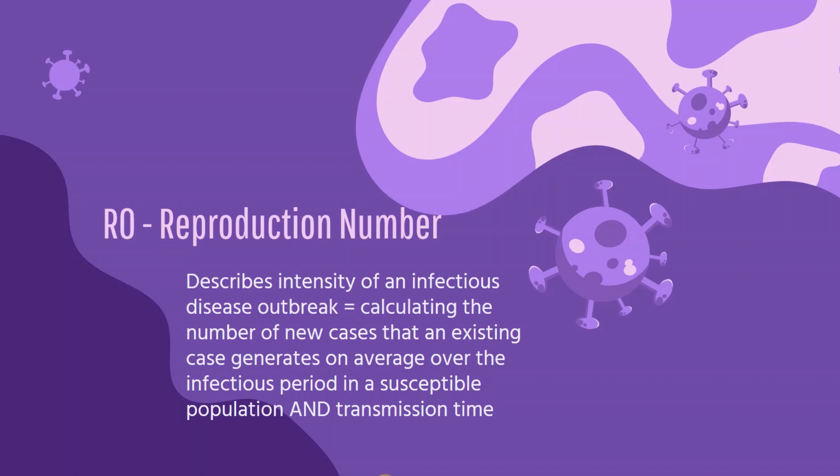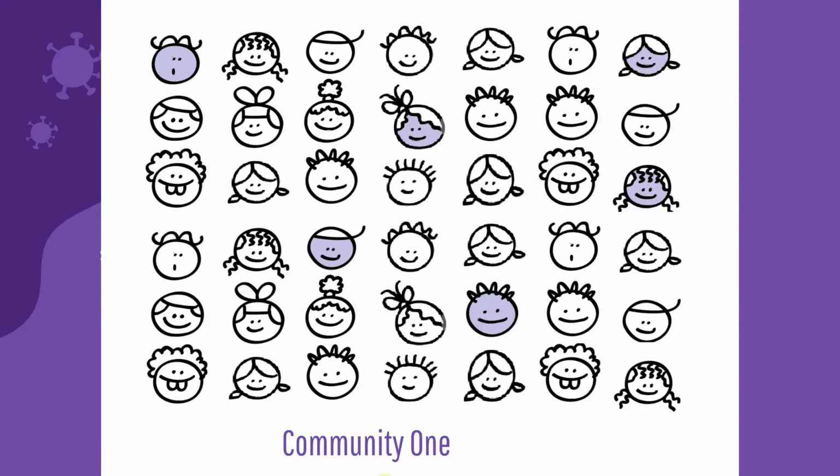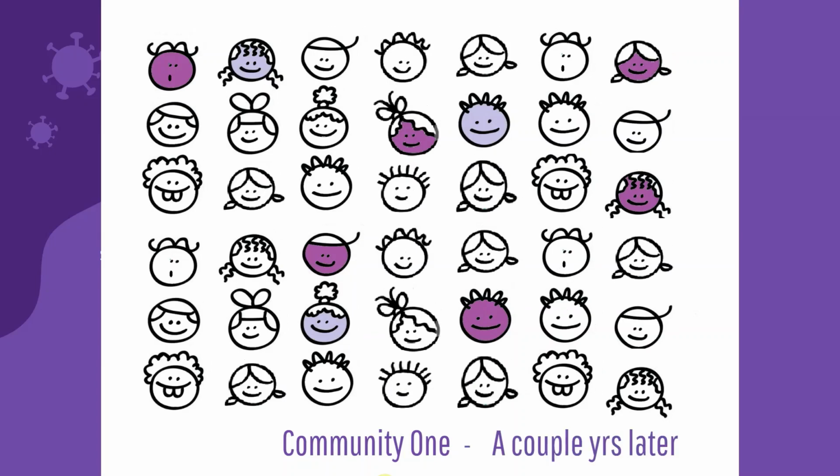in a susceptible population. For example, if we were to calculate this value, all we would do is count how many people were infected in one community when the virus was first spread, and divide that value by how many people they had infected when we returned to this community at some point in the future. So let's say in community 1, 6 people are originally infected. If after a couple of years we come back to this community and see that 3 more people are infected, we would calculate the R-naught value by dividing these 3 infections by the previous 6 to get a value of